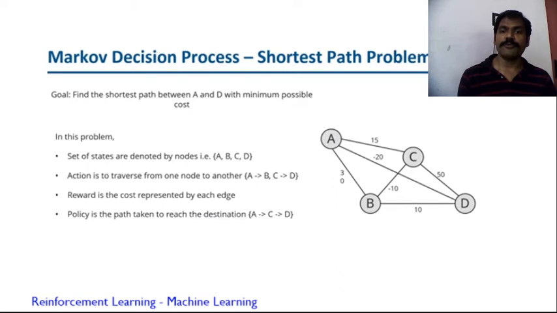So this graph belongs to what? Exploitation, because we are fixing the policy as A, C, D, and we are not exploring the other possibilities. So it belongs to exploitation, not exploration, because we take A, C, D. Exploration is, it will explore A, D, or A, B, C, D, or A, C, B, D, other possibilities. If I start exploring through the other nodes, other states, then it becomes exploration.